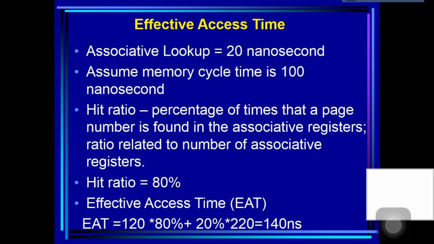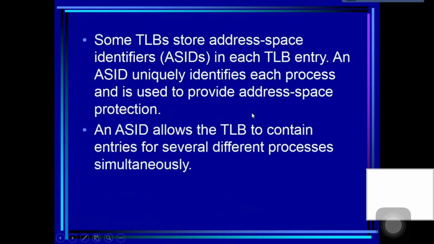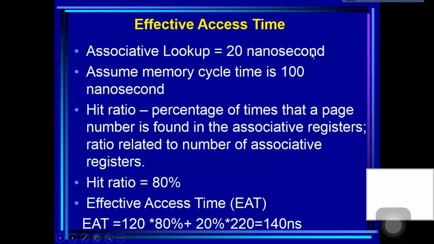If it takes 100 nanoseconds to access memory, then a mapped memory access takes 100 nanoseconds when the page number is in the TLB. So let's say the associative lookup, that means the access time for the TLB, is 20 nanoseconds. Well, assume